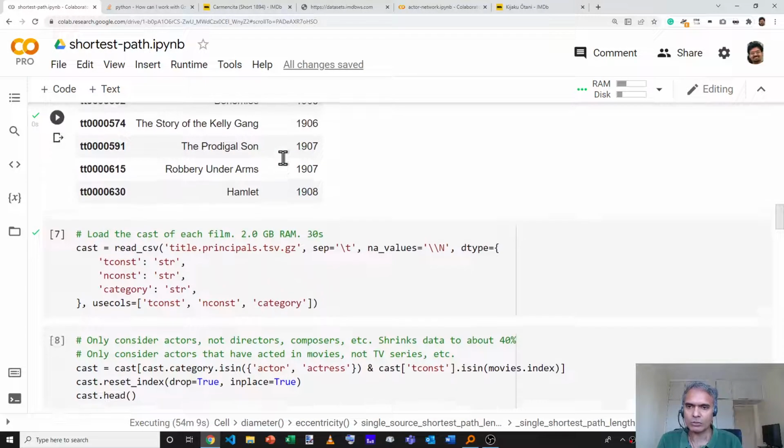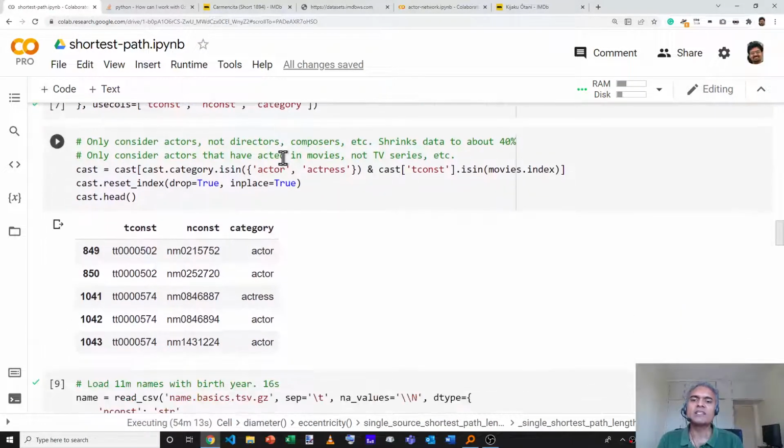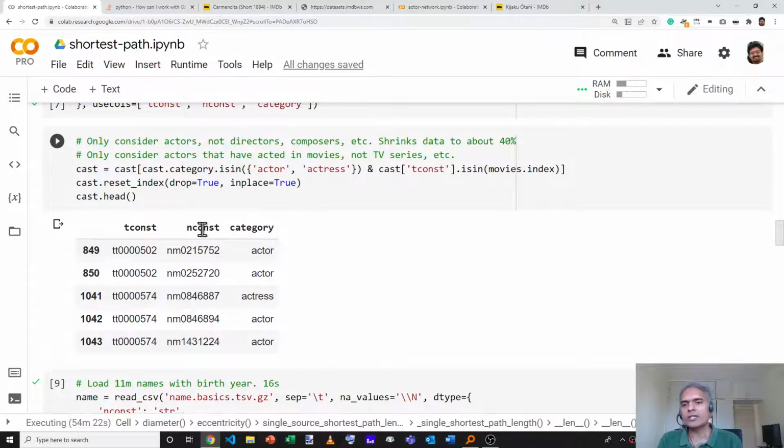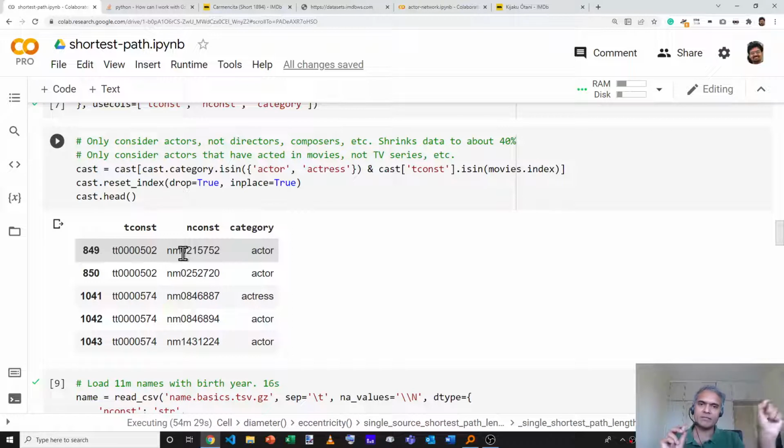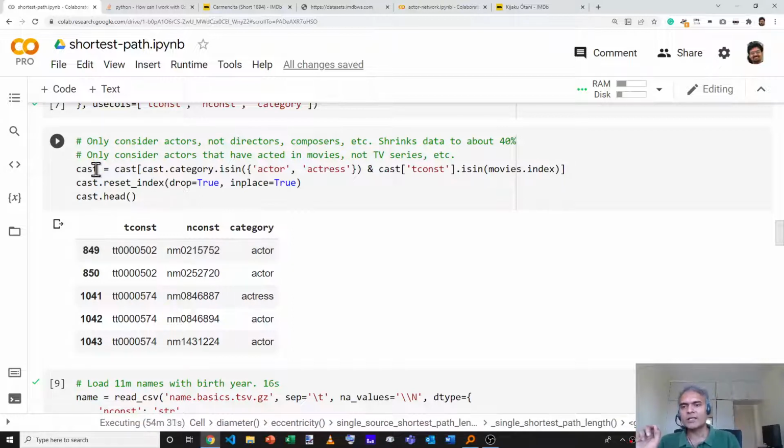Now, let's talk about this. Nodes are basically things. You can have a node as an actor. You can have a node as a title. And what we have here is a collection of actors and titles that are connected to each other. And when there's a connection, we call that an edge. It's like a line between 2 things. When you look at the cast data set, it effectively draws a line implicitly between every movie and every actor. That is an edge. And this list of edges is what's called an edge list.